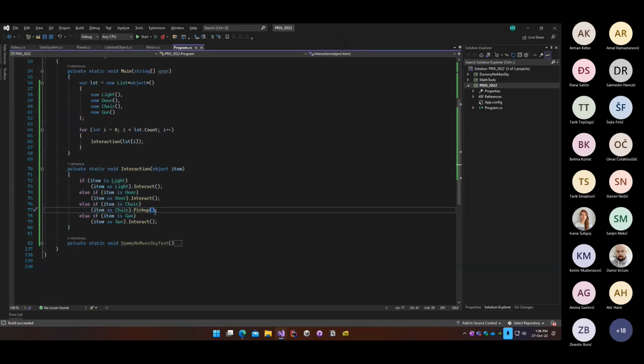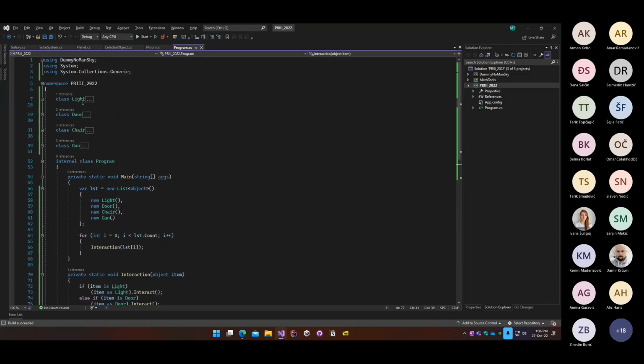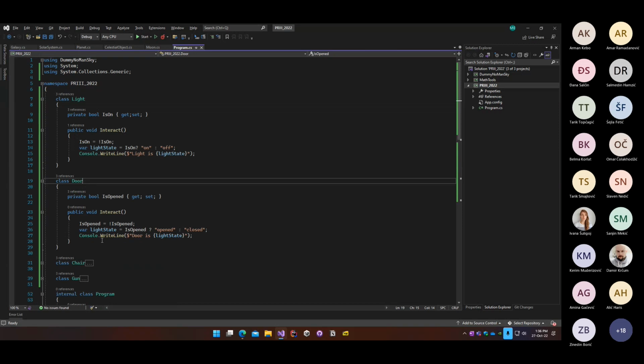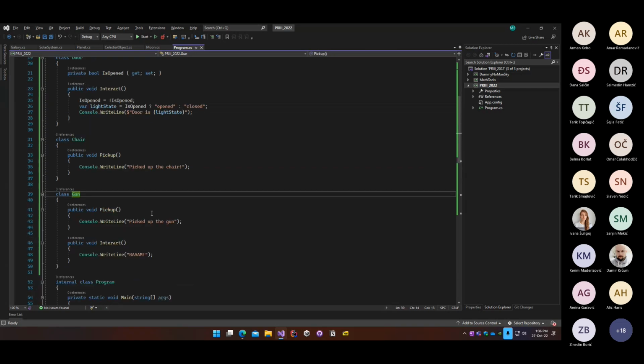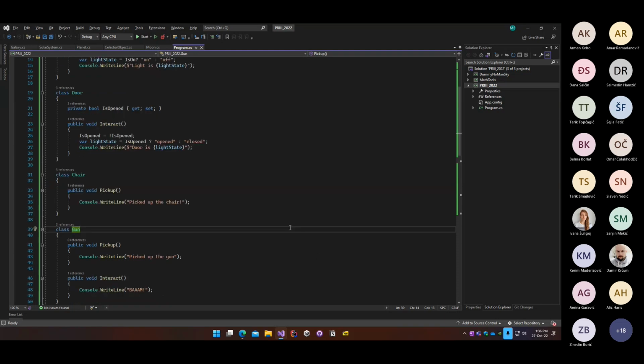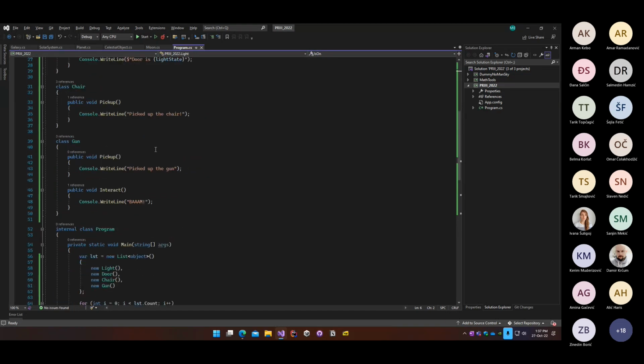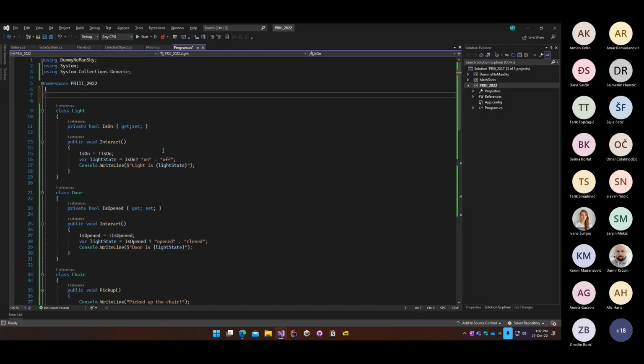God forbid you have 100 different objects to interact with, and then you're going to have a kilometer-long chain of if statements. This is worthy of a Reddit coding horror post, to be honest. So what you usually should do in this case is understand that your interactions are common among classes. Even if you use inheritance, it will not be as good as using contracts, because you're going to have to do casting and all of that other stuff. So in order to fix this, to make this better,